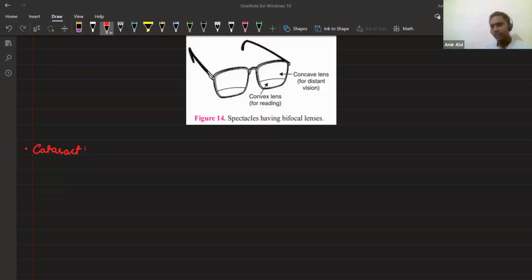When you get your regular eye checkup, you can also visit the eye specialist and ask them what is the reason behind cataract, so they will explain it properly. Basically they are the specialists, so they know the proper reasons behind that. Let me quickly write cataract, the medical condition.